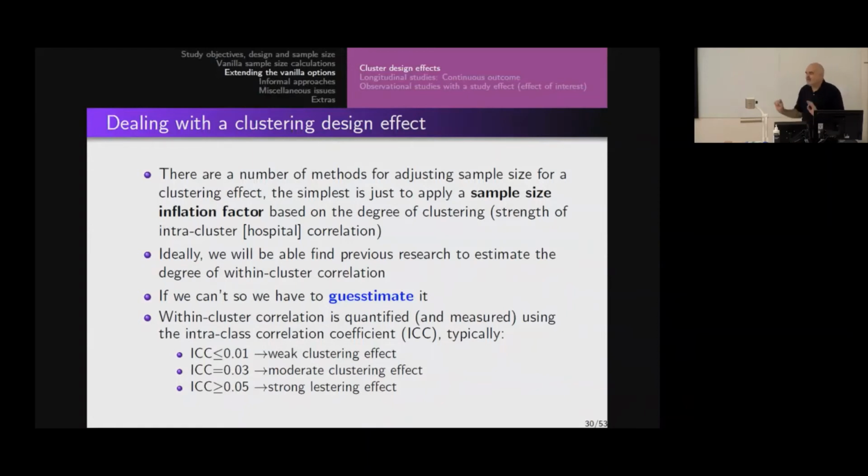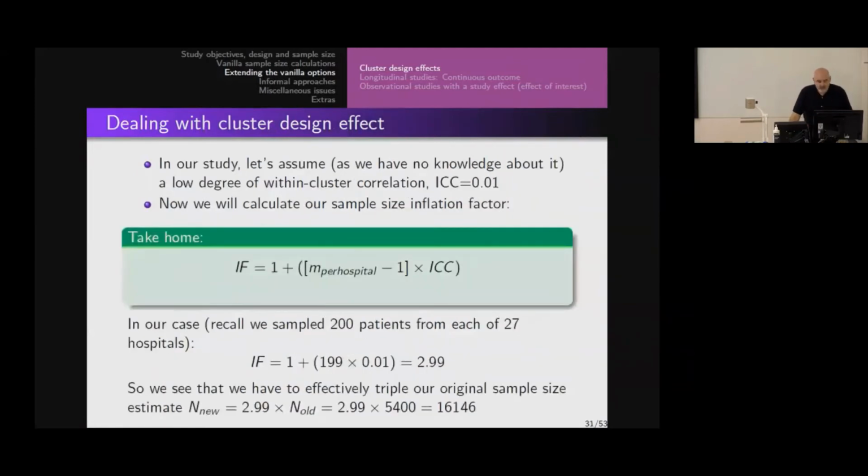I think how it's measured is routine blood work. I don't think it's got to do with treating doctors, and I don't think it's got to do with talking to other patients, not psychosocial at all. So if I was going to estimate this, I would probably go with a weak clustering effect, and in my grant application, I would say that this is not psychosocial, and it's a routine blood work measurement. In other words, different hospitals are going to measure it different ways, okay? So what do I do?